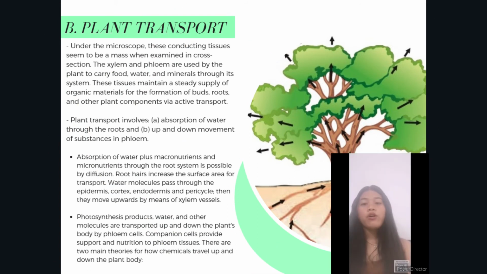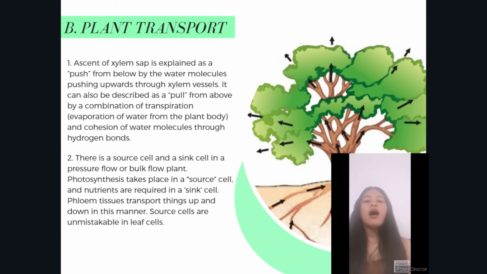Photosynthesis products, water, and other molecules are transported up and down the plant's body by phloem cells. Companion cells provide support and nutrition to phloem tissues. There are 2 main theories for how chemicals travel up and down the plant's body. First,